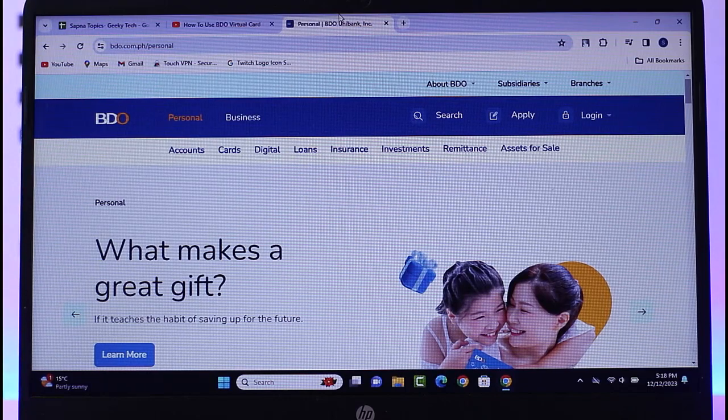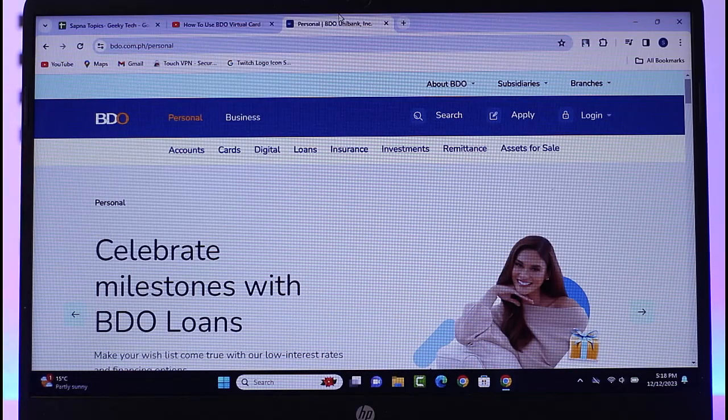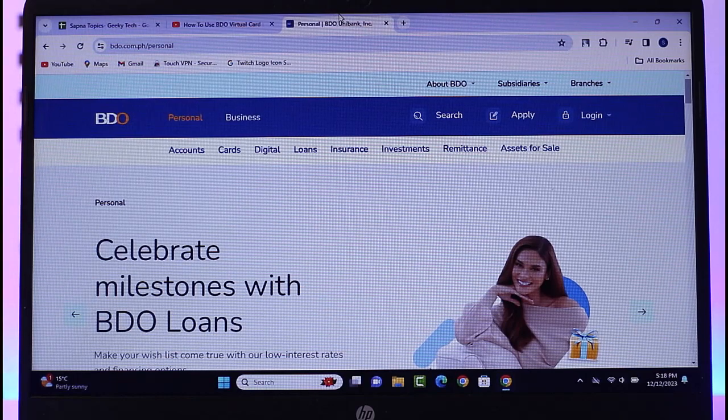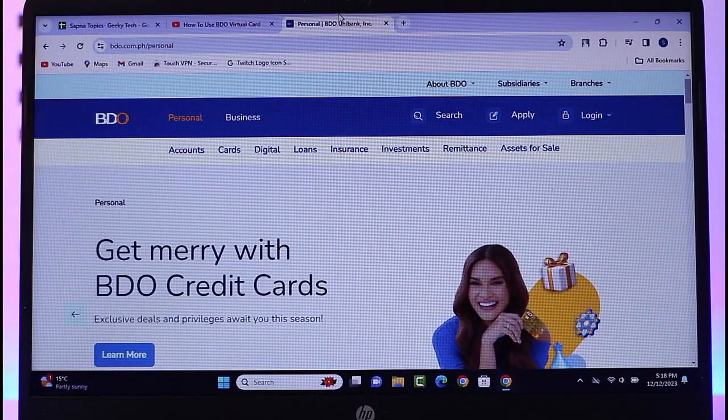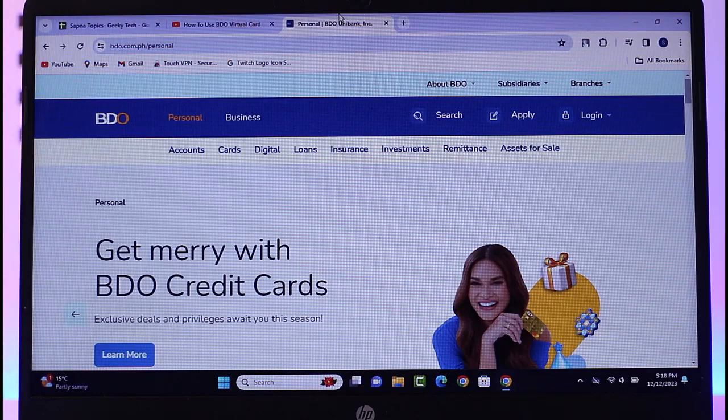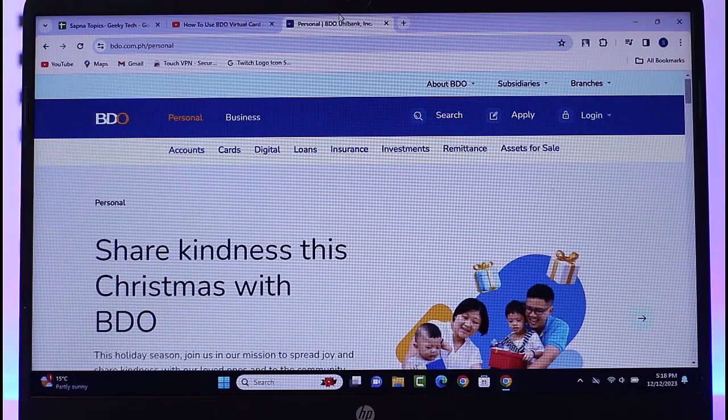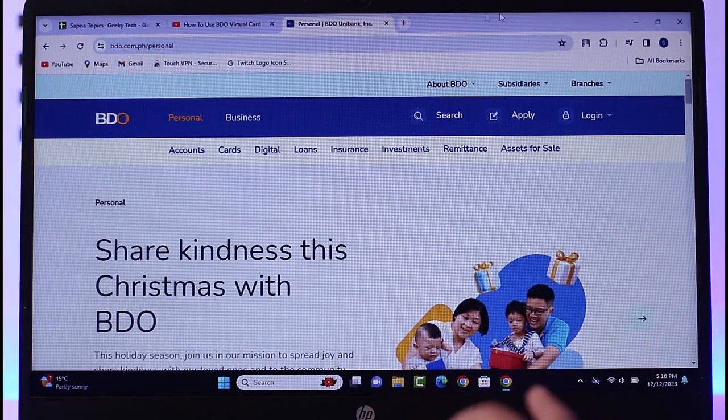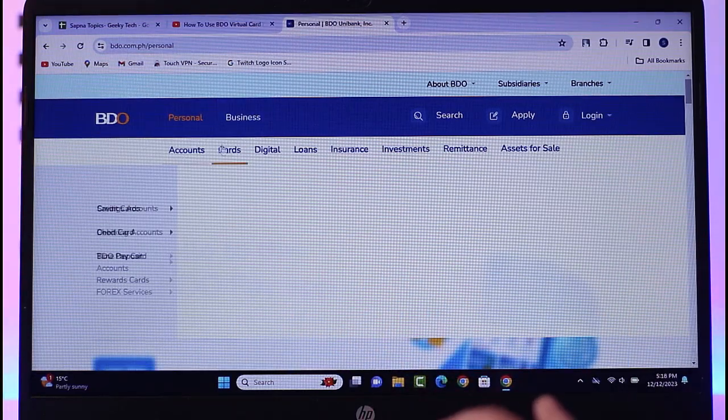So for that, the very first thing would be simply for you to access bdo.com.ph on your computer, or it can be on your mobile itself. Once you have done so, you're going to find this kind of interface over here, right? Afterwards, the thing that you have to do is simply go to this section of cards